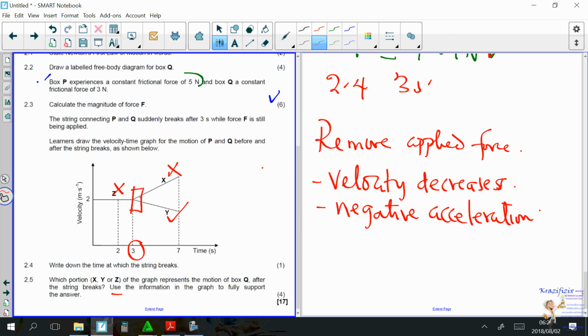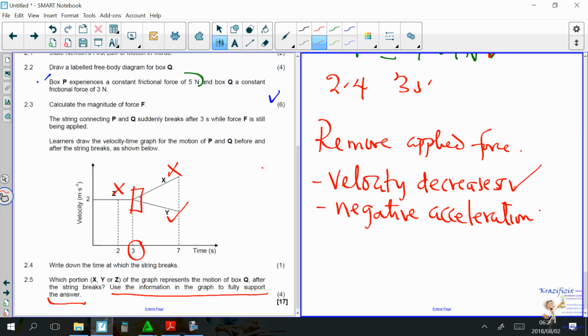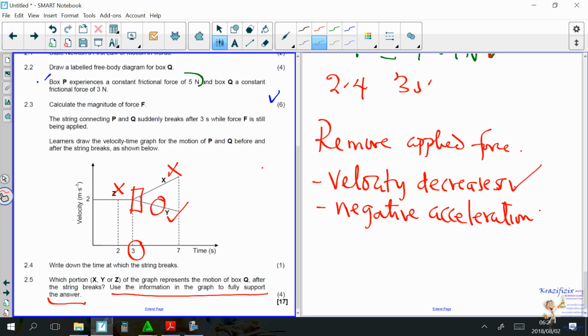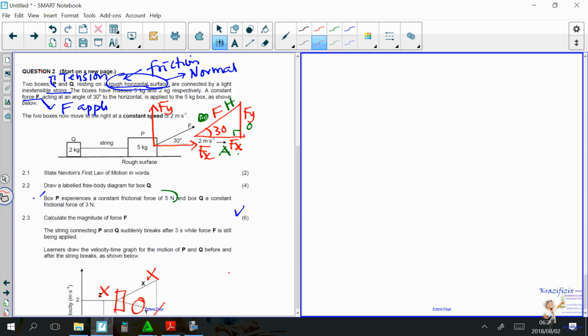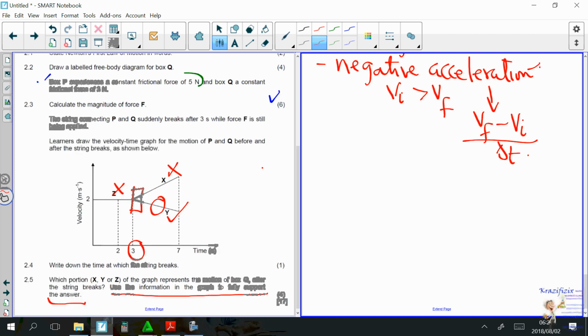But the question says, use the information on the graph to fully support your answer. Number 1, velocity decreases. We can see that there, it decreases. Number 2, negative acceleration, because now my VI will be greater than my VF. And remember, acceleration is VF minus VI over delta T. Great. And number 3, because it's 4 marks, we can also now say that this